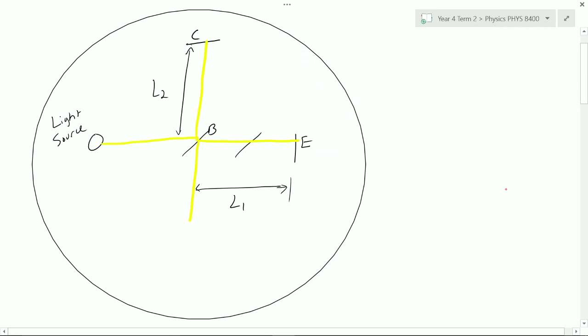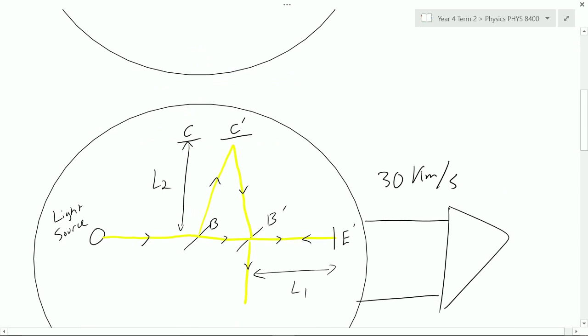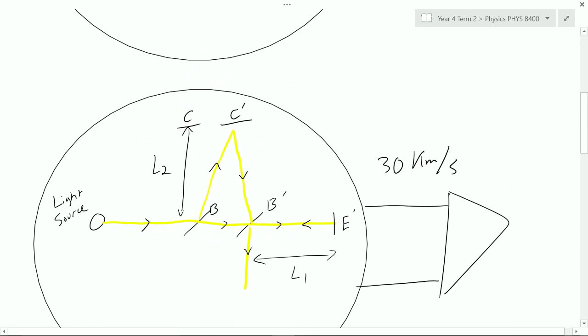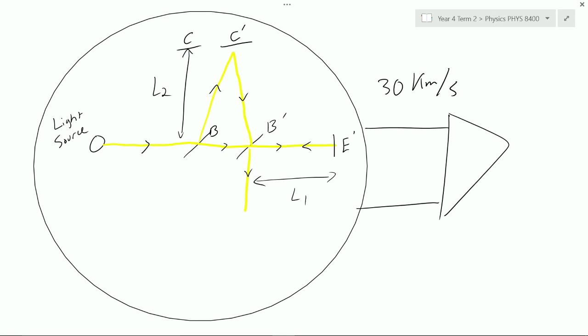Now, I'm going to talk a little bit more about the math behind this apparatus. It'll be a little complicated, so I've just given the simplified version, taking out all the algebra steps. Now, the beam of light that would hit mirror E was in the direction of Earth's velocity, while mirror C was perpendicular. In reality, this meant that the apparatus actually moved along the path of the Earth, and that the path that the beam took to hit C was actually C prime.